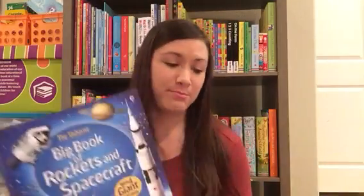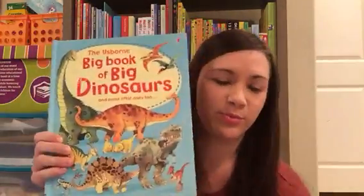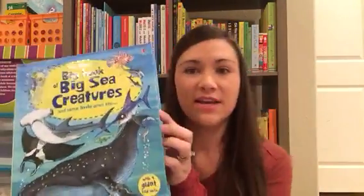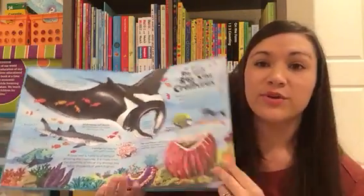And then we have big books. This one just came out, the Big Book of Rockets and Spacecraft. I have Big Book of Dinosaurs, Big Book of Sea Creatures, Big Book of Bugs. So there's several different titles in this kind, but these have gorgeous illustrations with 4 big foldouts where you can really see